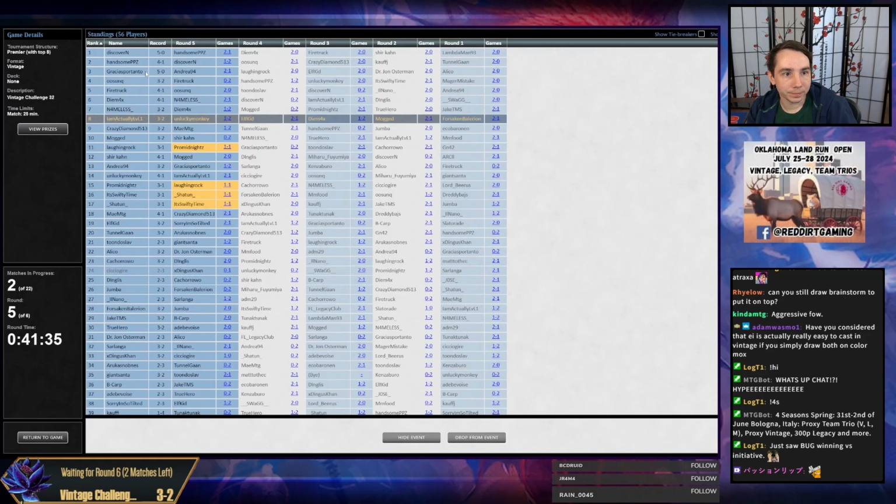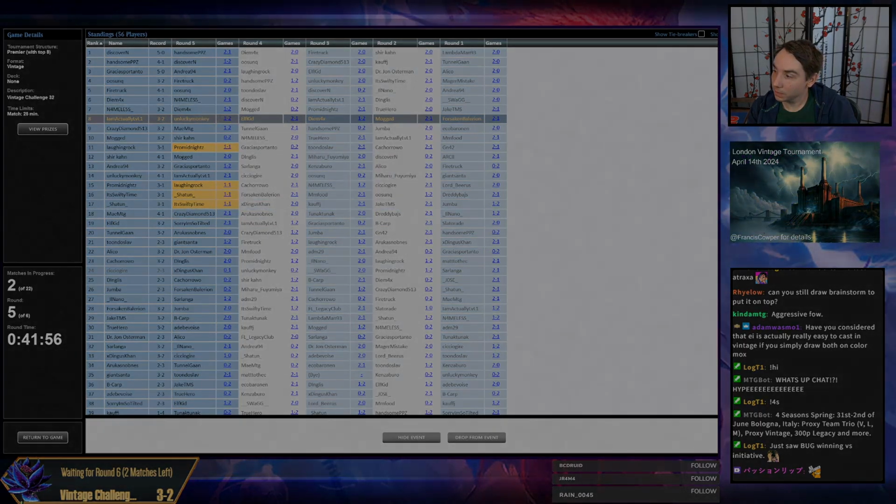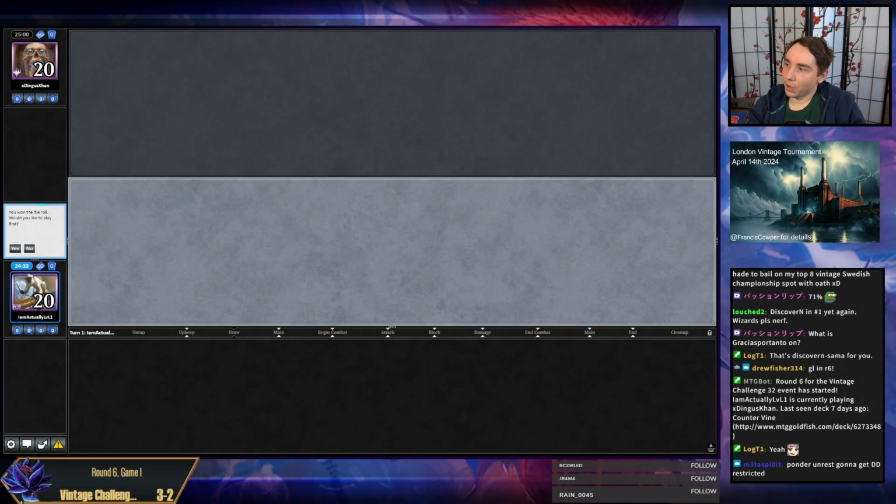Rough. 5-0 Discover N. 4-1 DM. So basically, Doomsday's undefeated. Fire Truck 4-1. Sheer Khan 4-1. Some Turbo Volt Key. Brutal. Savage. Wrecked. All right, here we go for our 6th and final round of the Vintage Challenge up against